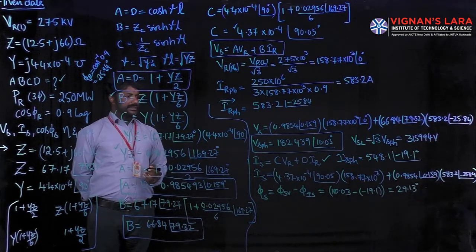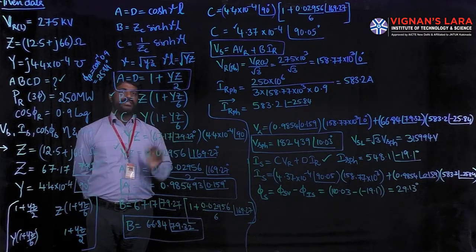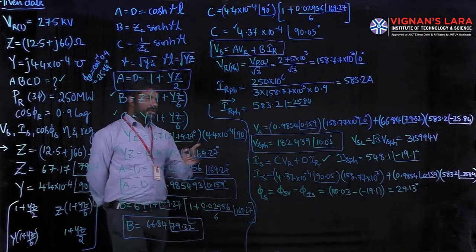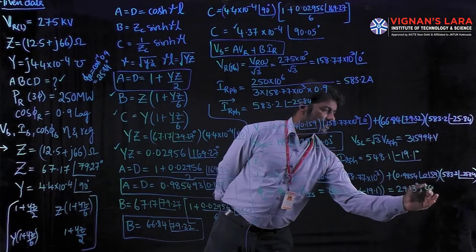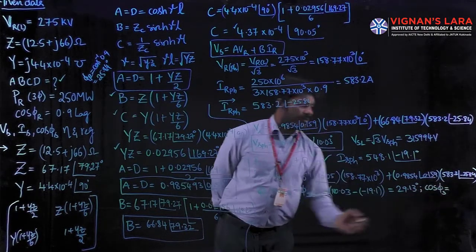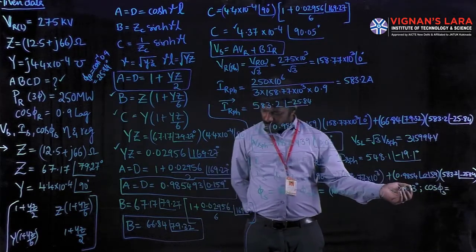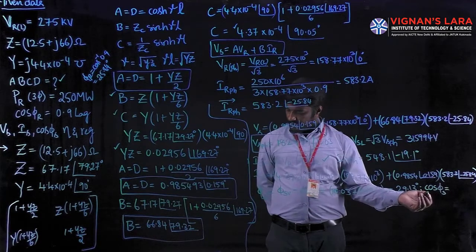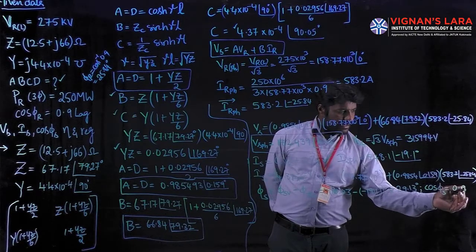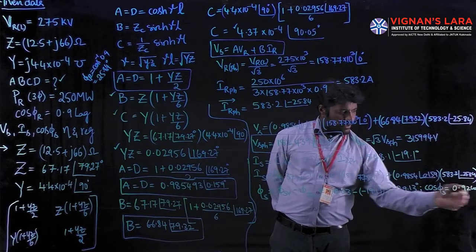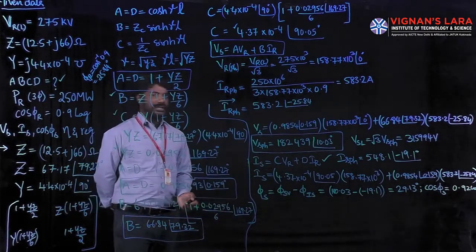Apply cos to that in order to get the power factor, because the definition of the power factor is that the cosine of the phase angle gives the power factor. So apply the cos term to this phi s, then you will get cos phi s. What is cos phi s now? The power factor on the sending end side, cos phi s, you can get approximately 0.92 lag. You can verify this. So cos phi s is also known for us.